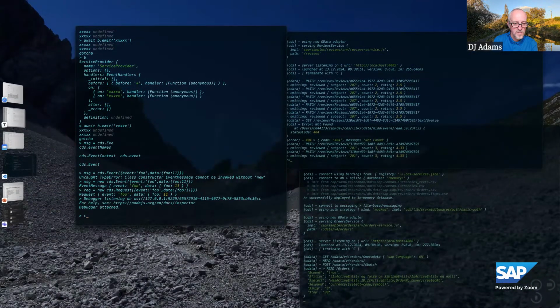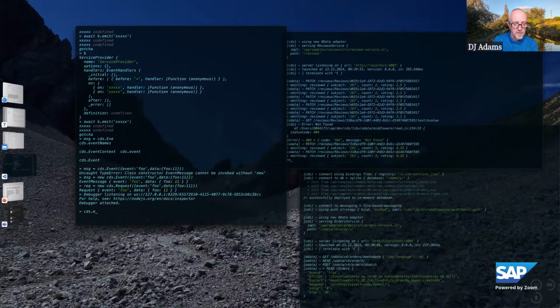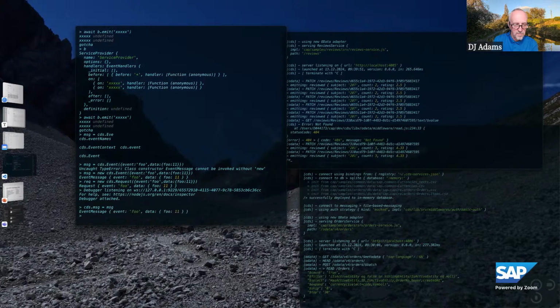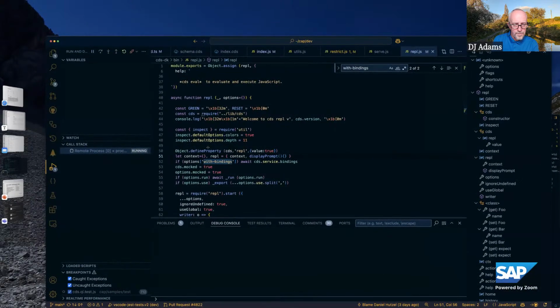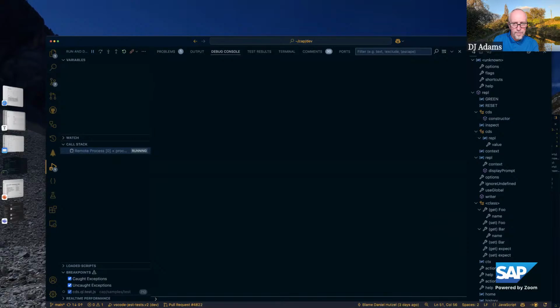Let's say I just park it in CDS so I can access it from the other side. I could also put a breakpoint somewhere, but that is maybe easier. Now I should have it here in CDS.